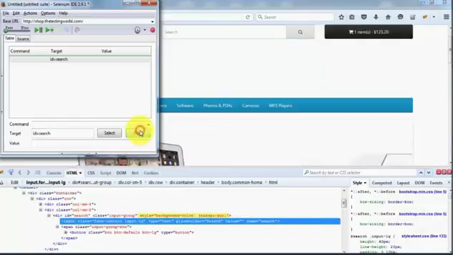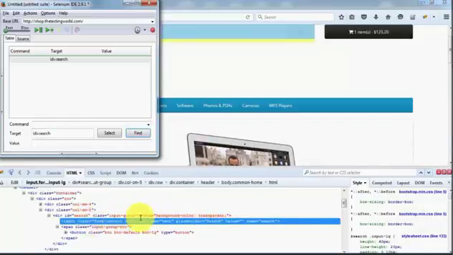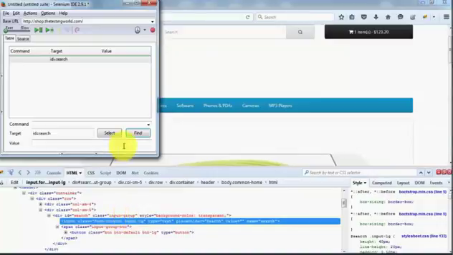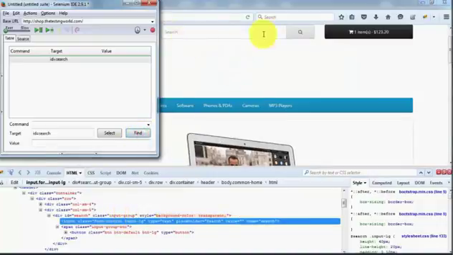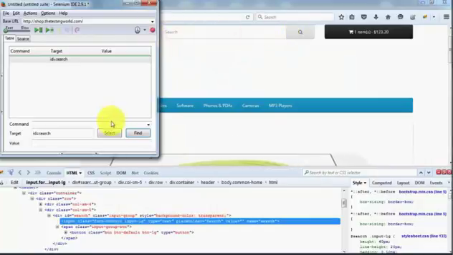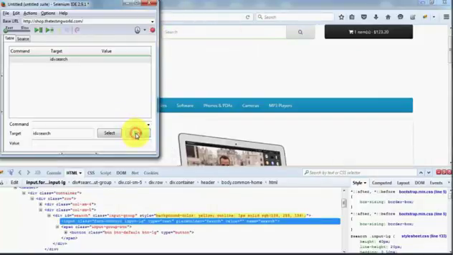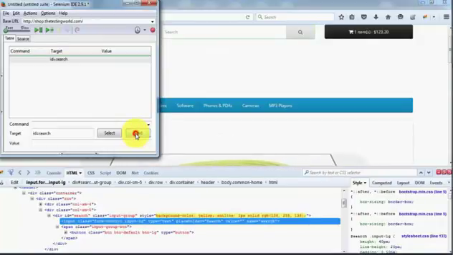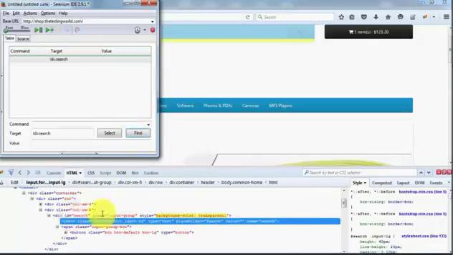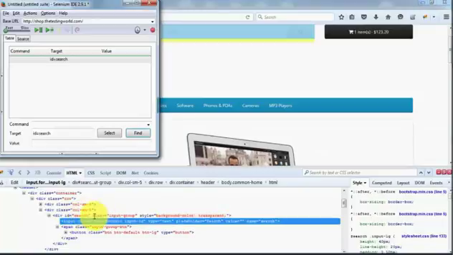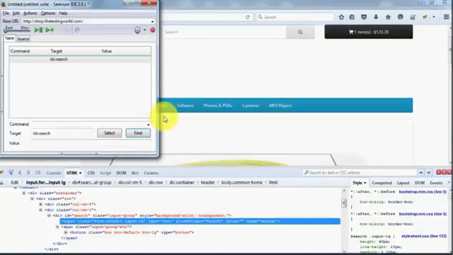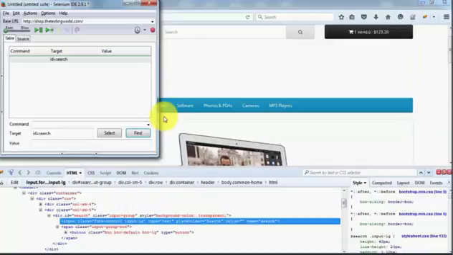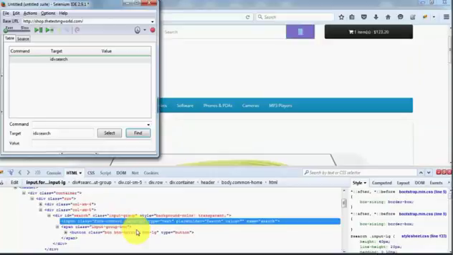Click on find. So here we can see this line is getting yellowed, meaning highlighted, and you can also see a green line covering this text box, meaning we are able to locate the div by its ID. So the first element locator we have seen is that we can locate an element with its ID,